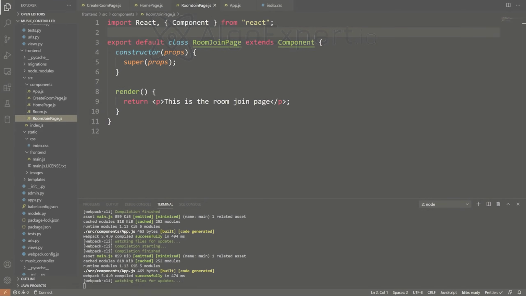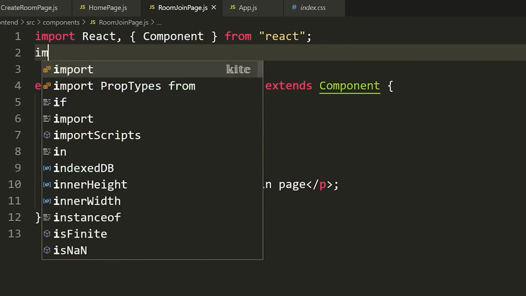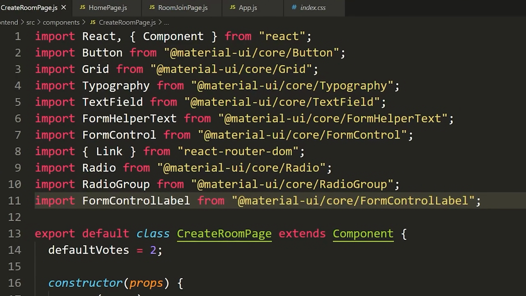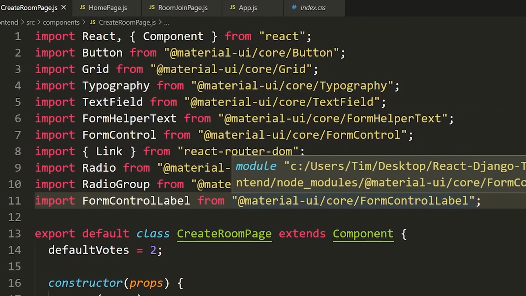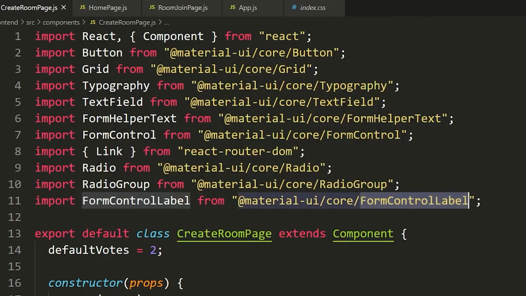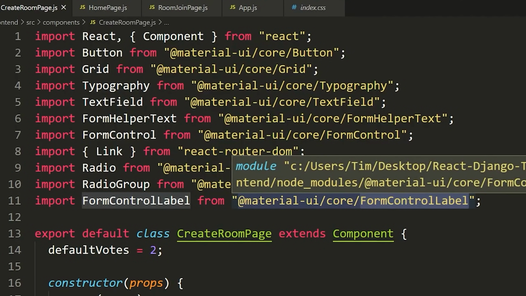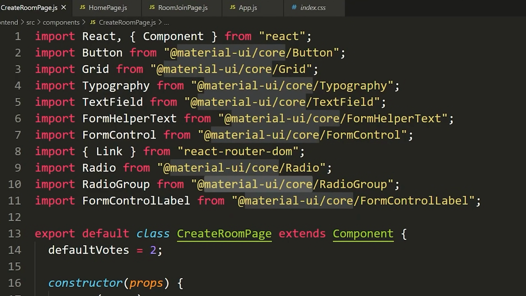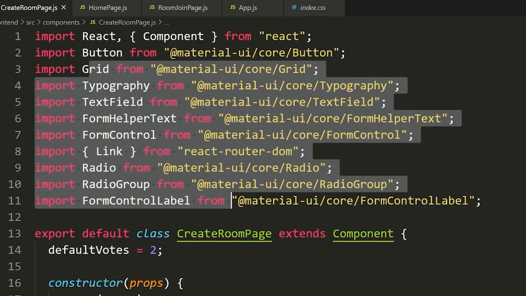All right, so the first thing I'm going to do here is import a bunch of components. Now, some of you guys were yelling at me before, and rightfully so, because if we have a look at, say, the create room page, I imported everything from the specific module. So I went, FormControlLabel, and then from Material UI /core /FormControlLabel. I really don't need to do that. I don't know why I did, but we can import everything just from Material UI /core. It's not necessary to define this extra thing, which means we can import all of the stuff I did here in one line. So I'll show you how we actually do that.